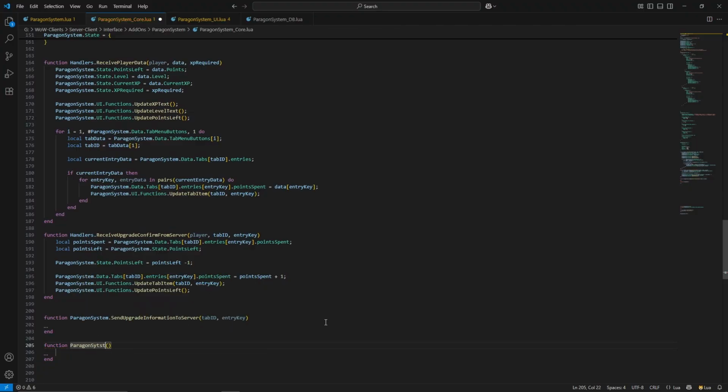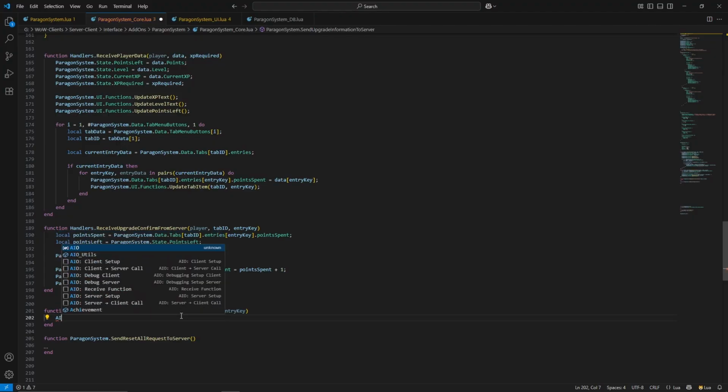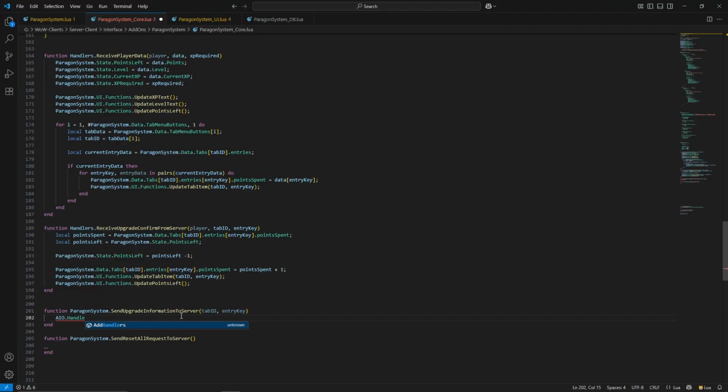Paragon System dot send request to server, and that doesn't need any arguments. So now these two are ready. So what you want to write here is AIO dot handle, and we know this should always be the same handler name, comma, and then the function we want to call on the server side,